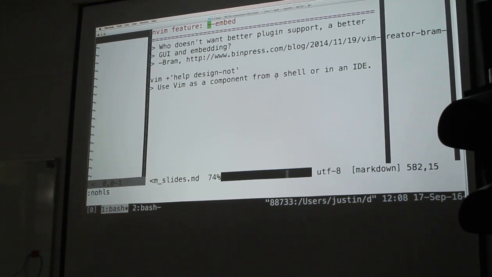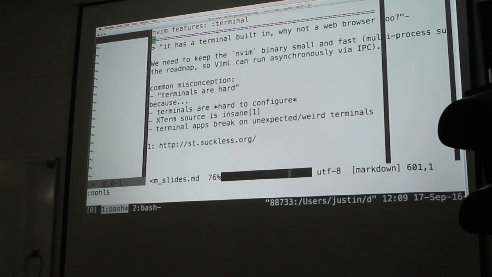And as an aside, you can send JSON messages over a raw channel to Neovim if you really wanted to. But to use the API with the least amount of friction and hassle, you would send a message back. And again, Bram wants embedding too, and he wants better GUIs. So that's just mentioned for people who wonder if this is really needed.